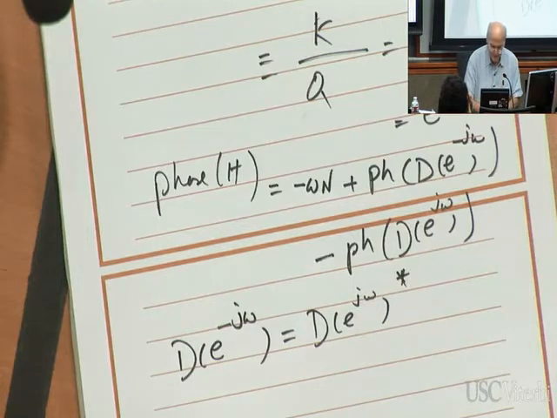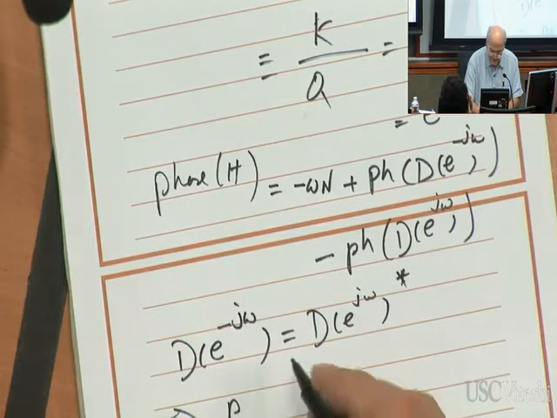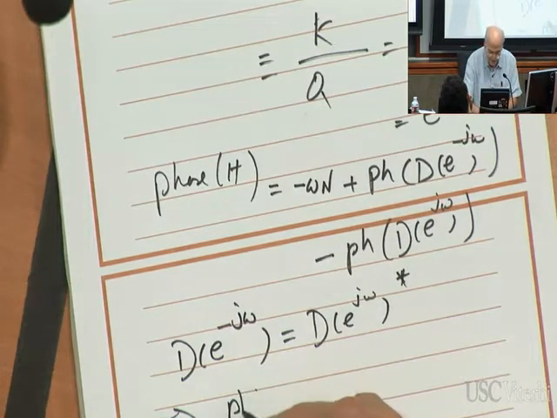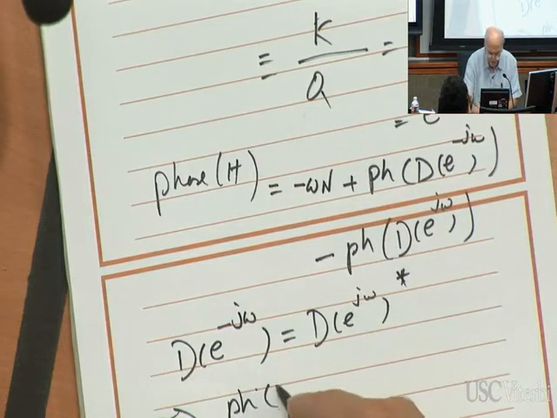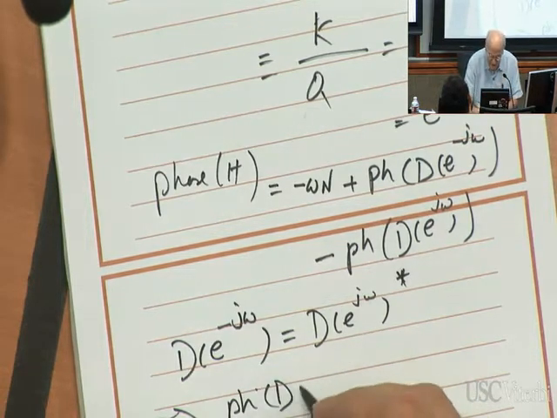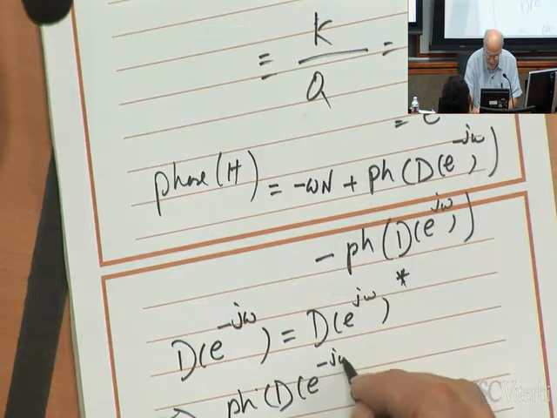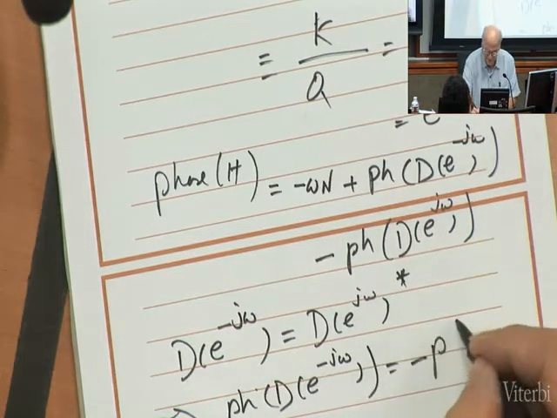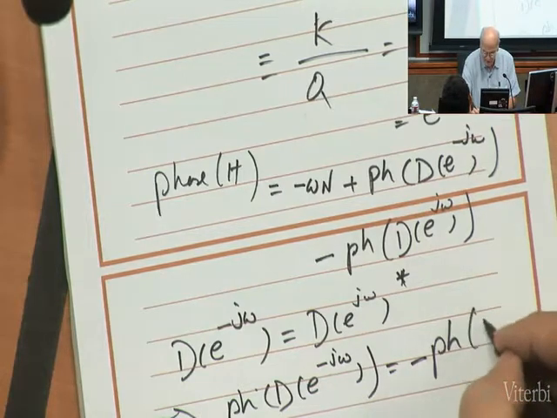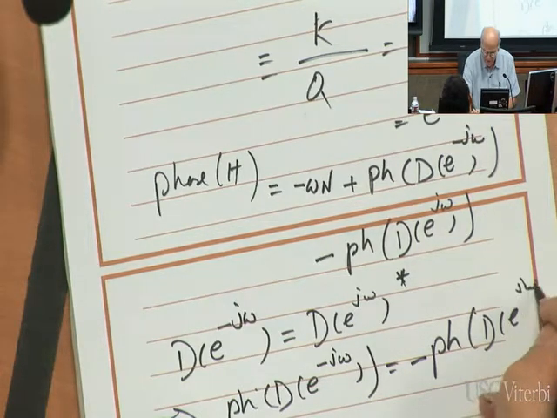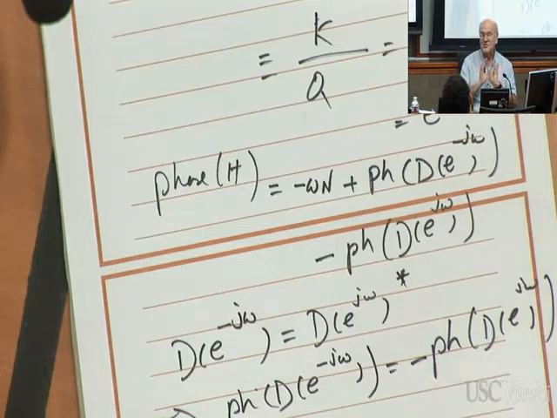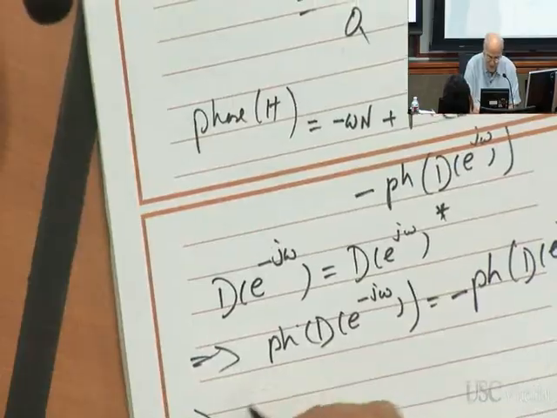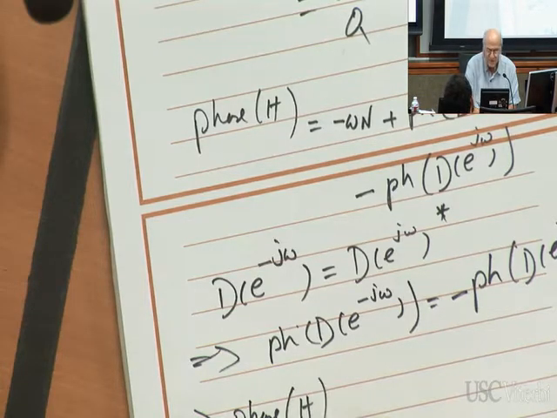So what that implies is that the phase, and we talked about this a while ago, of d of e to the minus j omega is going to turn out to be minus the phase of d of e to the j omega. Now what I'm doing is taking it as far as I can go, so I'm almost there actually. So finally that implies, and this is as far as I can reduce it, that the phase of the all-pass filter